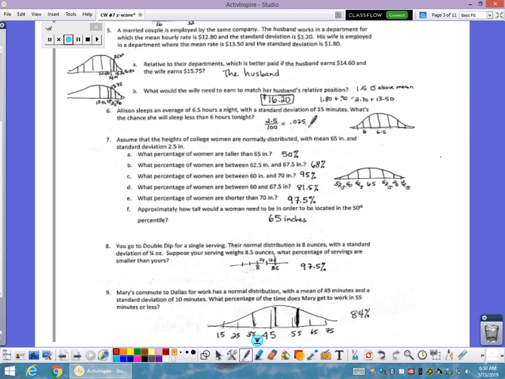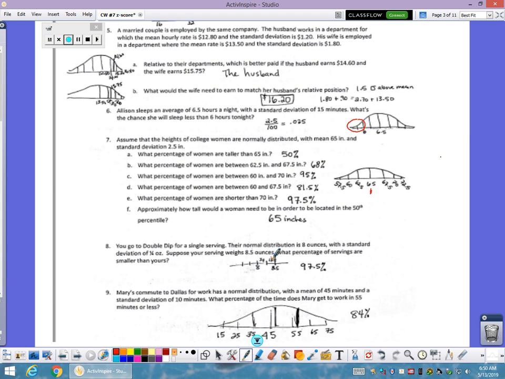Here we're looking at a probability, right? So what percent is below there? 2.5% or 0.025. Here, what percentage of women are taller than 65? 50%, right? We're just looking at what percents are on this normal curve. Here, I know that we went 2 deviations, so 97.5. We're adding up